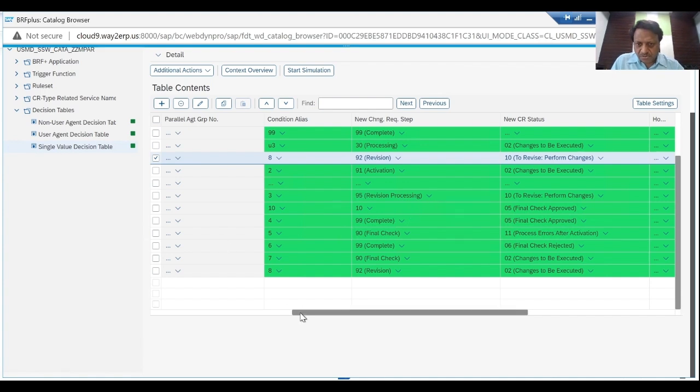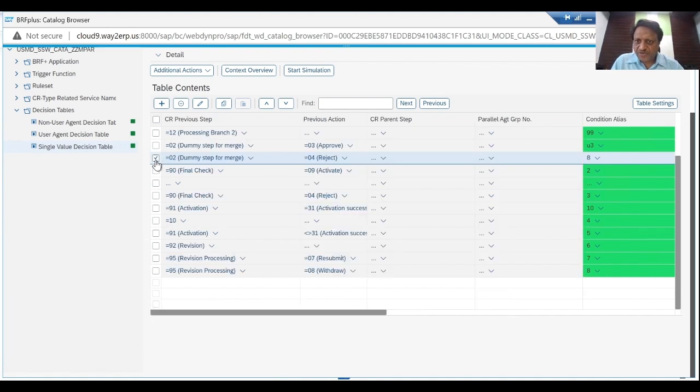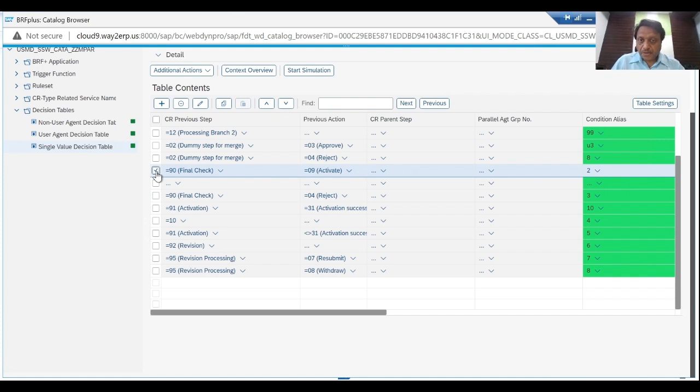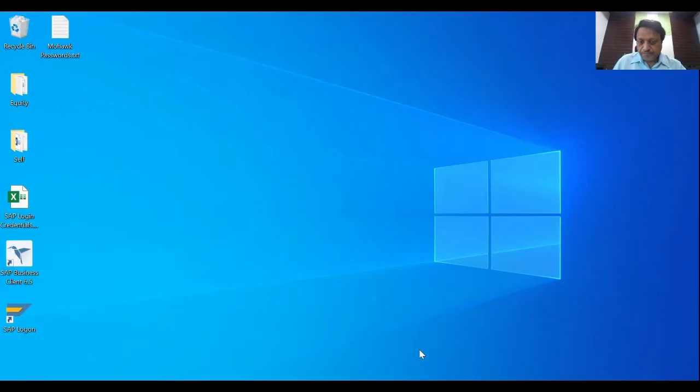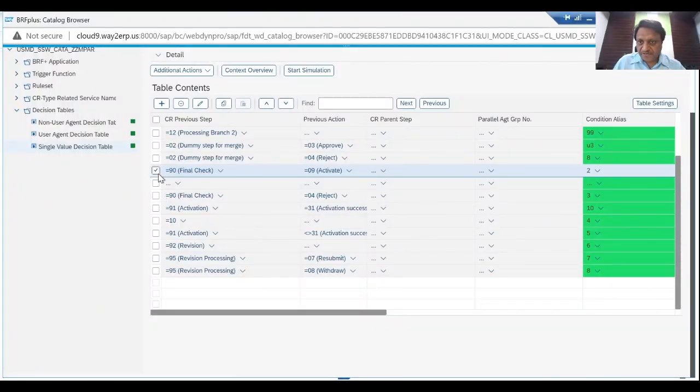So now let's take the next one. We have defined the conditions from dummy to the next one. Now from step number 30 in processing to step number 90, which is the final check. So from processing to final check, the condition alias is simply 2. So we are moving from step number 30 to step number 90, and in order to map this,